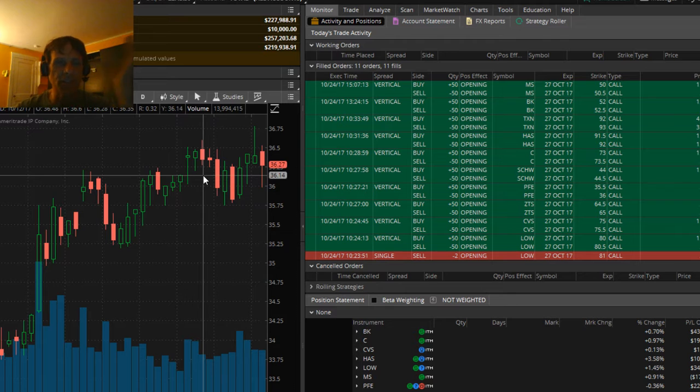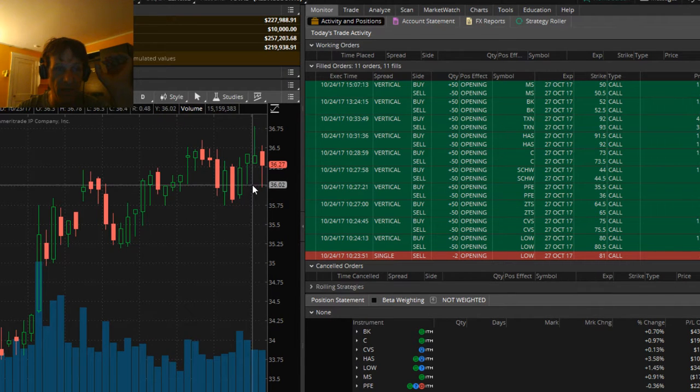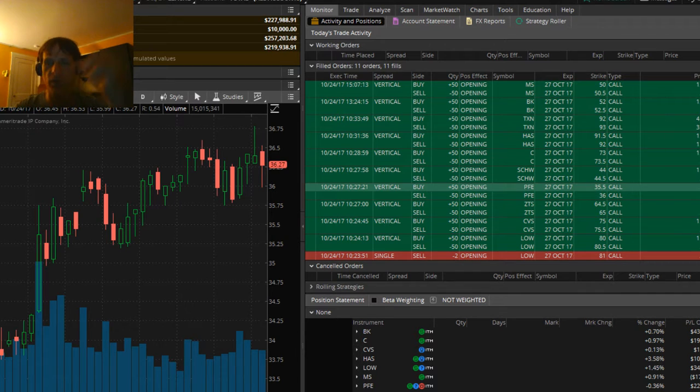Okay, so she's at 36.27. And where are we with Pfizer? Okay, 35 and a half, 36. So as long as she stays above 36, which is right here, which seems to be a nice spot, as long as she stays above 36, we're going to make, where are we with Pfizer? Pfizer is 40 cents. So 40 cents is going to be a 25% increase. Okay, so if we make money on that, we'll make 25% off of that one. All right, Pfizer.